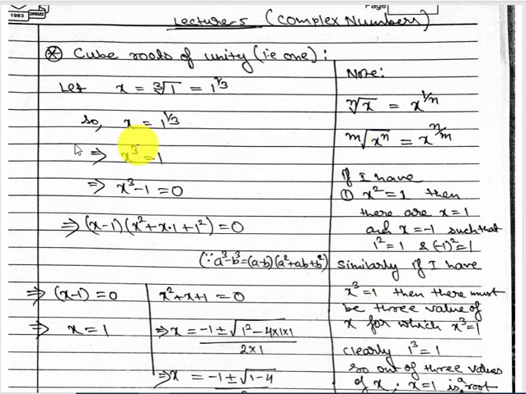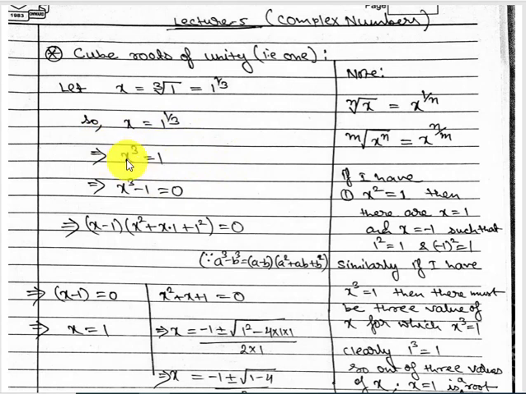So let's see what those roots are in complex numbers. Let us suppose that x is the cube root of 1. So x equal to cube root of 1, that means I can write 1 to the power 1 by 3, as I just explained to you. Suppose x is the cube root of 1, that means x equal to 1 to the power 1 by 3. Now I'm taking cube on both sides, that means on both sides I'm taking power 3.